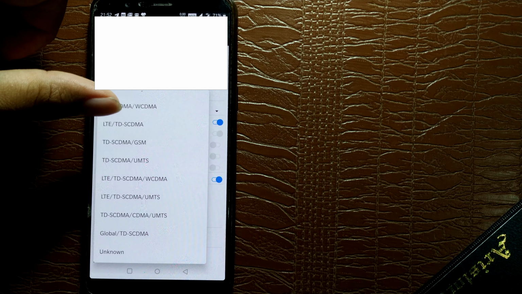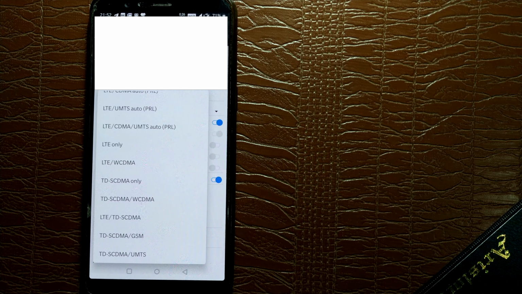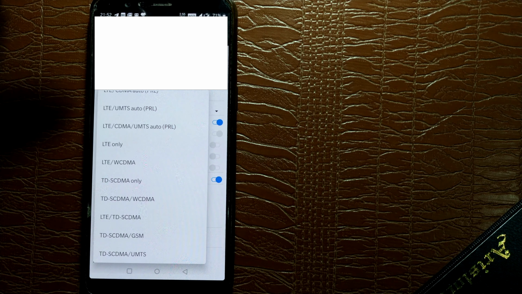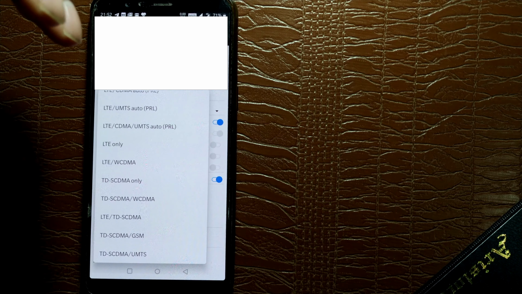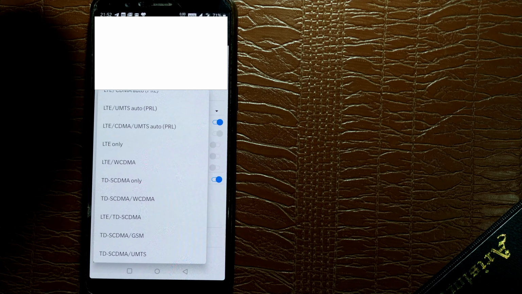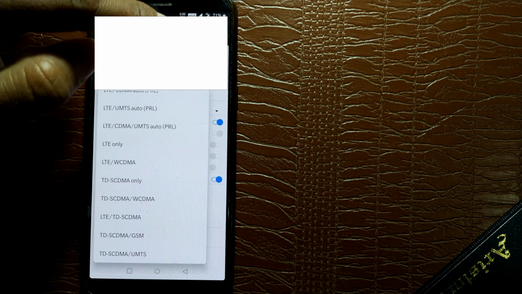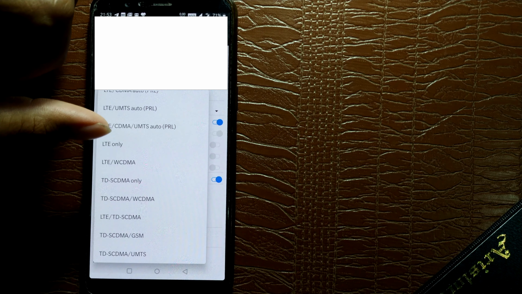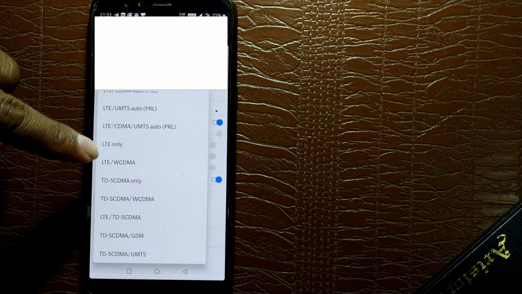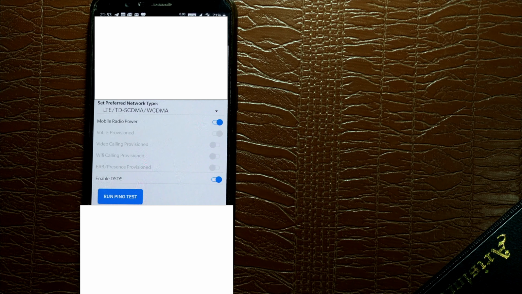So once you select that, it will behave in that manner only. So I'm not going to do that here now. Right now it's my phone and I want 4G. If there is no 4G network, I just want it to go to 3G instead of zero network. So I'll just keep it as it is by default, that is all 2G, 3G, 4G. But if at all a situation arises where you want 4G only, you can select this LTE only. And once you select that, it will reflect here as LTE only, and only 4G network you will get.